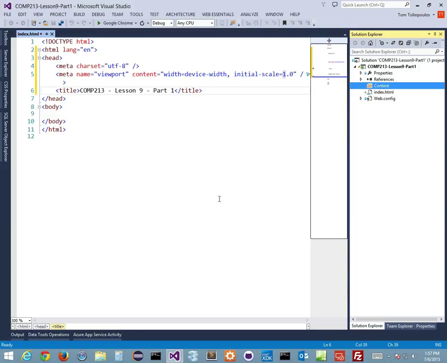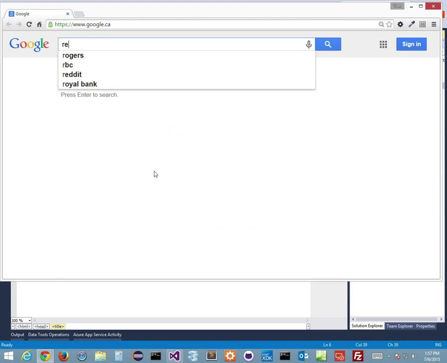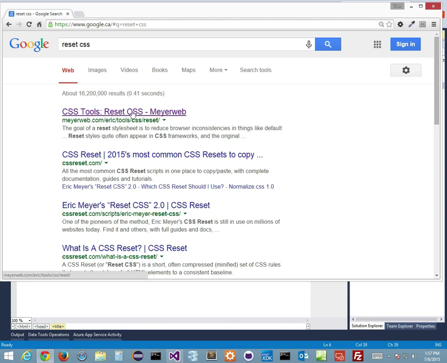And remember what we did last time. We downloaded and installed reset.css. Now, we did it a couple times. I'll do it one more time for you, right? So I'm going to look for reset.css. If I actually type in Google reset CSS, it's also called normalize. I go to the first link,